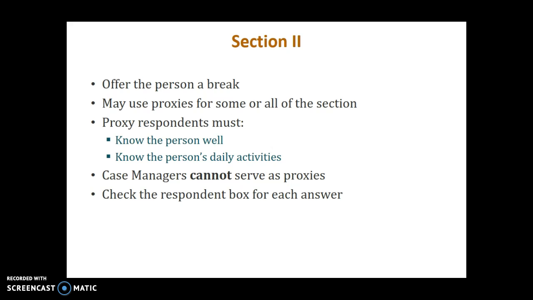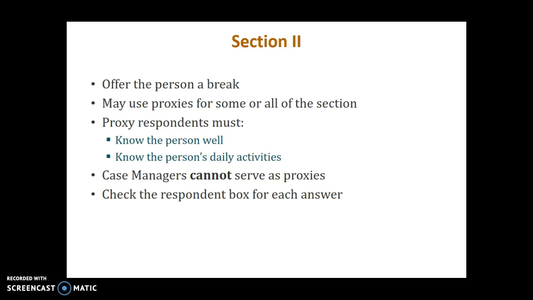These questions are a bit more objective, particularly when we ask those questions around community inclusion, trying to get at how many times a person's gone out to do an activity in the past month. Sometimes people want assistance in remembering those exact numbers. You may have a proxy respondent complete all of Section 2 if the person was unable to complete Section 1. The person may also choose after Section 1 just to have somebody else do Section 2 for them, and that is okay as well. Again, we do always want the person to be answering as much as possible, though.